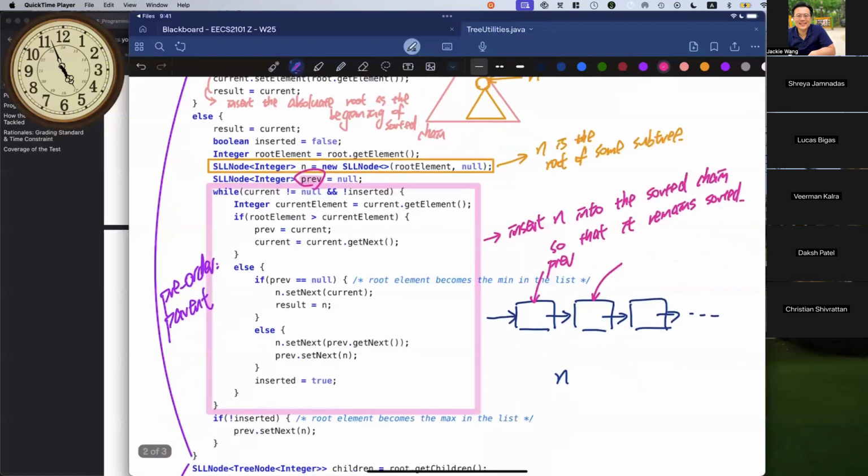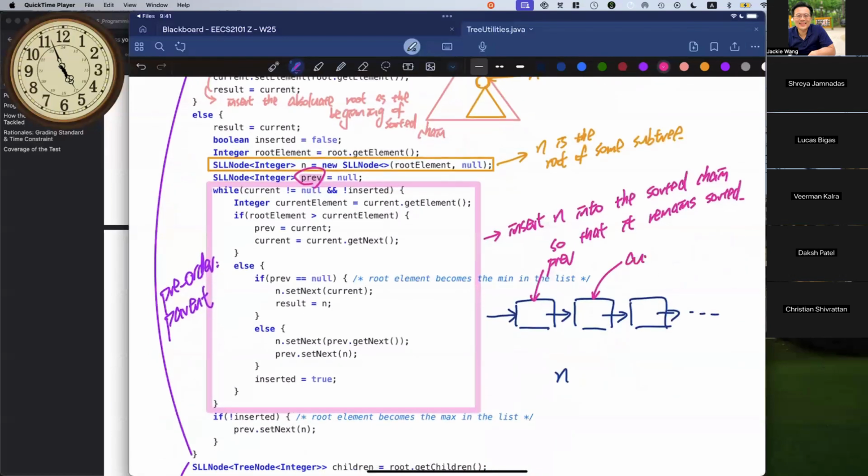It's called current. So the idea would be we try to somehow insert n between these two. But how exactly? What will be the property?